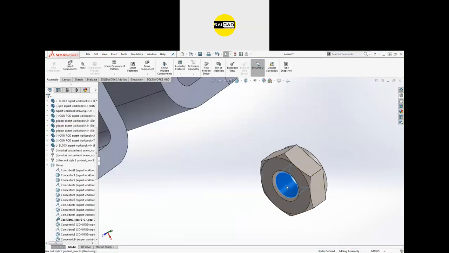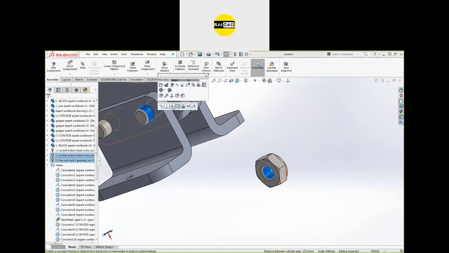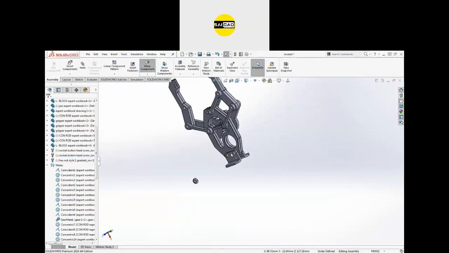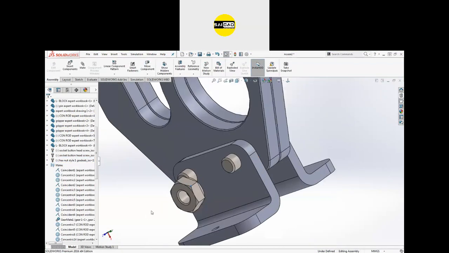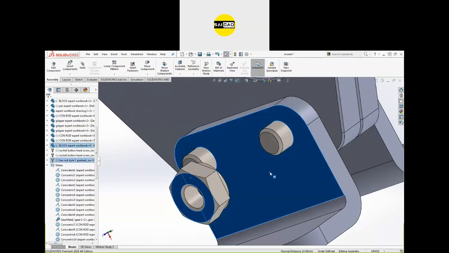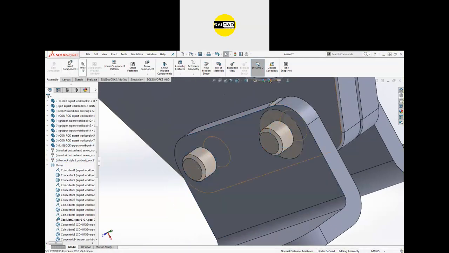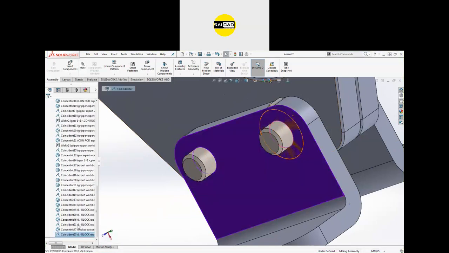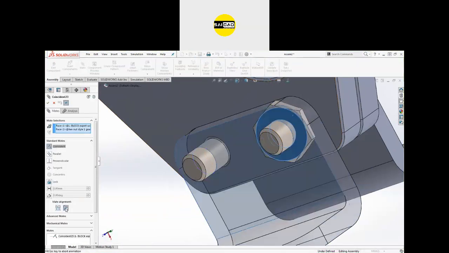So just again define the relations from here, concentric. Okay, and place it to this one, concentric, go to the edit mate, click the alignment.